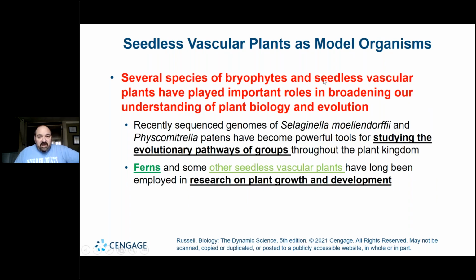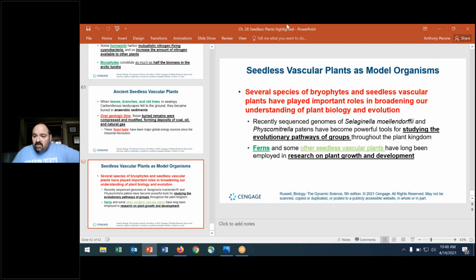So several species of bryophytes and seedless vascular plants have played important roles in broadening our understanding of plant biology and evolution, as far as doing research. They're very easy to study and to work with, right? Studying the evolutionary pathways of groups throughout the plant kingdom, ferns and other seedless vascular plants have long been involved in research on plant growth and development. And again, they're pretty easy to grow in the lab and to have readily available, and to do research with. Okay, folks, so let's